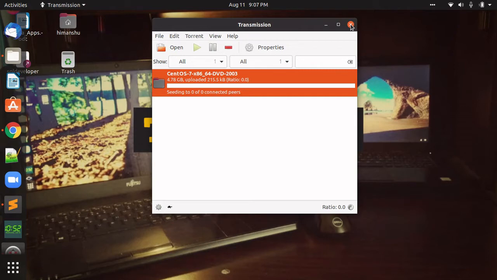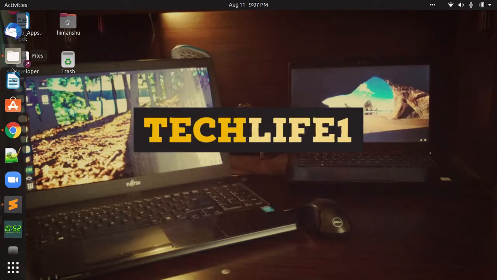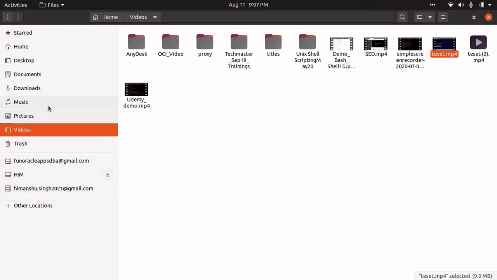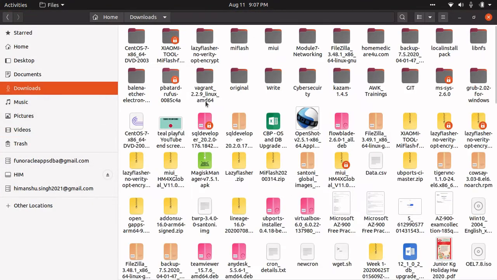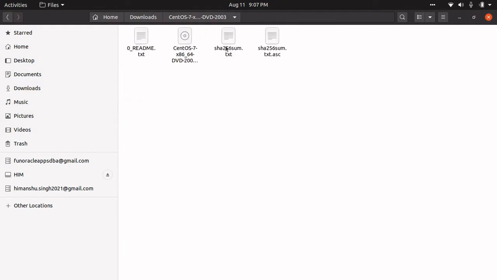Now our CentOS ISO has been downloaded. If we go ahead and see in our download folder, we can see the CentOS file would be there, and this is the ISO that we would be using for installation of our CentOS Linux.